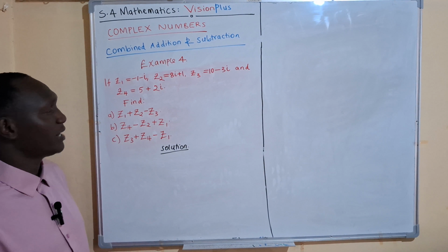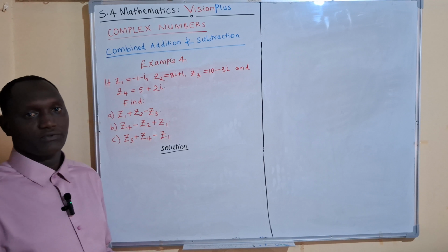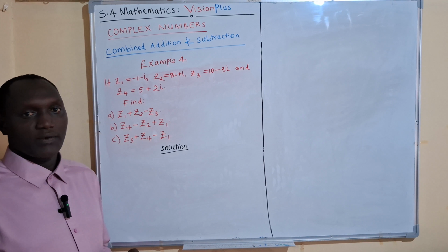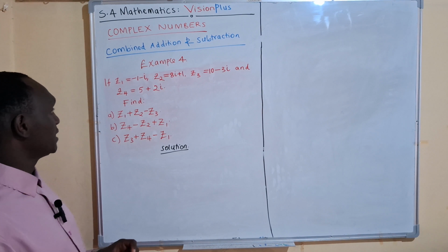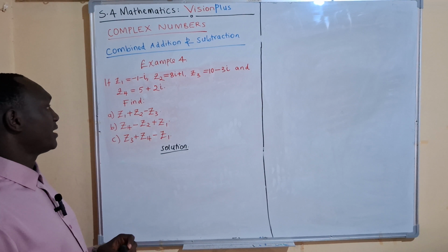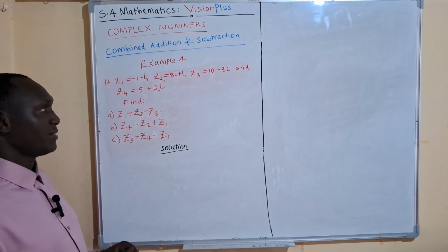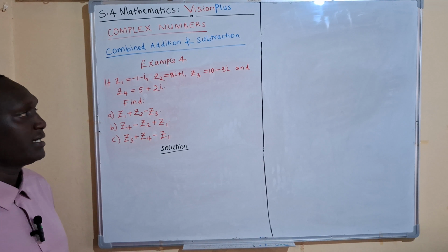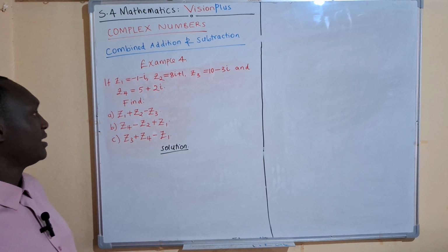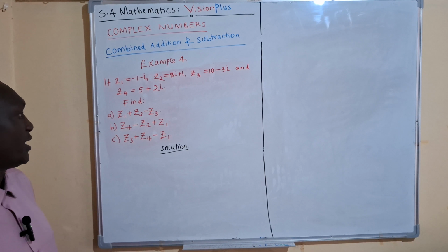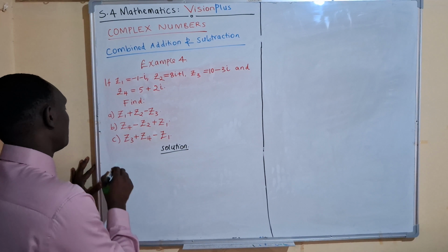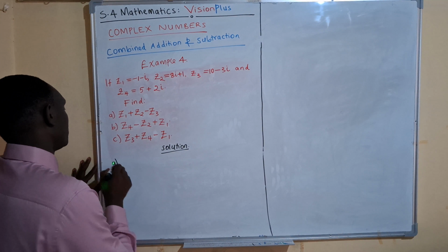We are looking at combined addition and subtraction of complex numbers, and we are now on example 4, which says z1 is -1 minus i, z2 is 8i plus 1, z3 is 10 minus 3i, and z4 is 5 plus 2i. Find part A. The solution will be